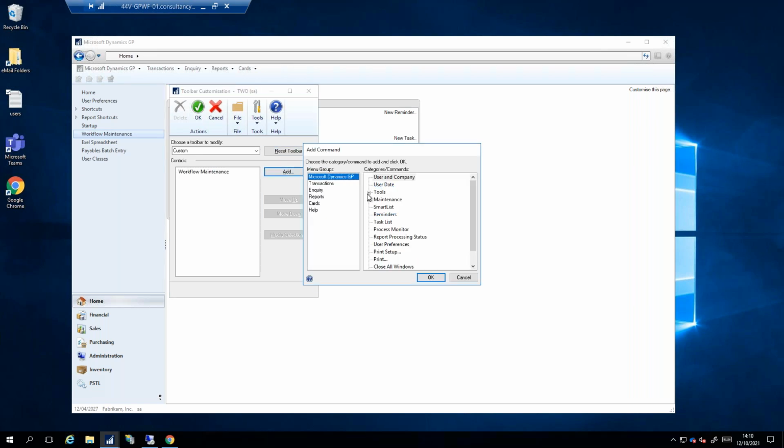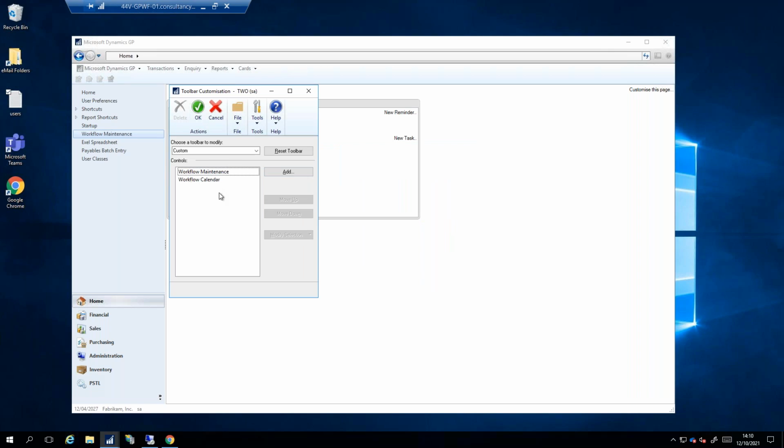I could add the calendar. Tool setup, sorry, tool setup company, workflow, and workflow calendar. So if I add these two, we can see we have the workflow calendar and the workflow maintenance appearing. I can hit OK to that